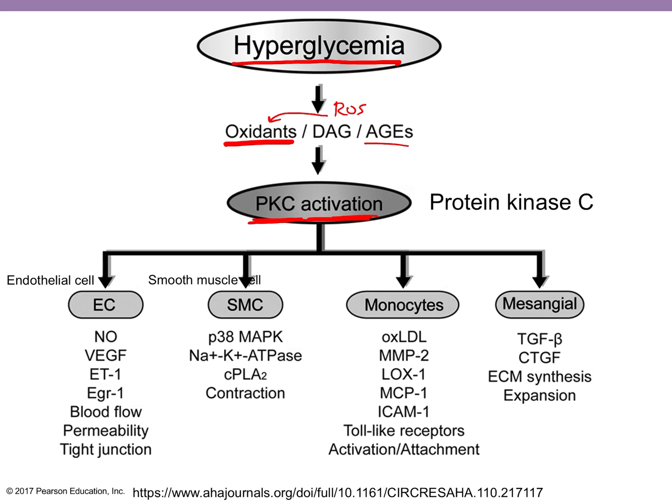And then obviously we're not going to go into any of this detail, but I just want to show you that this protein kinase C can activate all different kinds of cells. We're going to stick with endothelial cells, right? And you can see that it also acts on smooth muscle cells. But when you look at your outline, you see that protein kinase C is going to be involved in vasodilation pathways of the endothelial cells. So it's going to have an effect on blood flow, on permeability. So this is basically vasodilation.